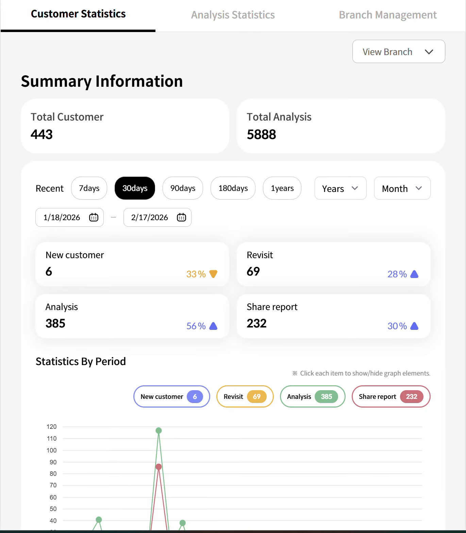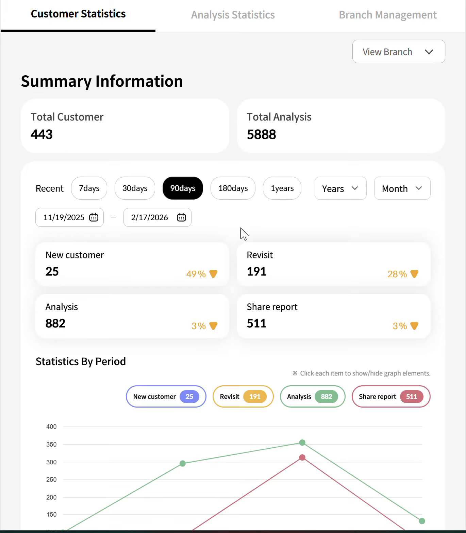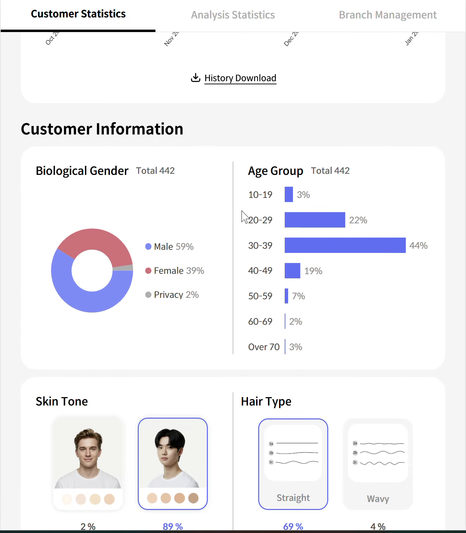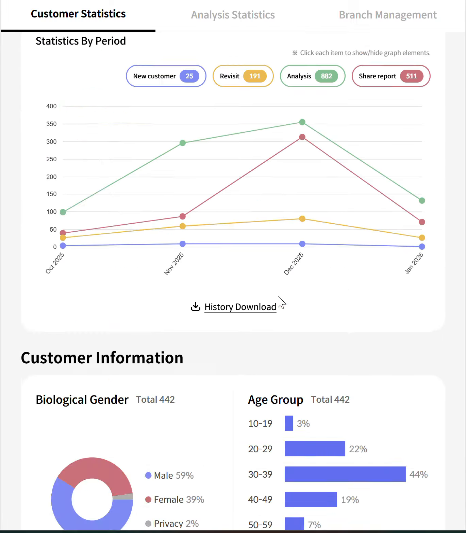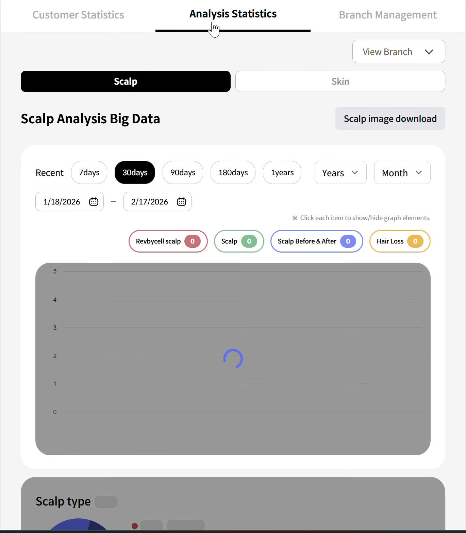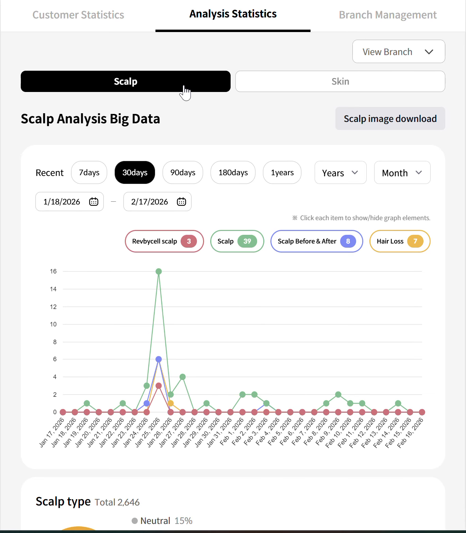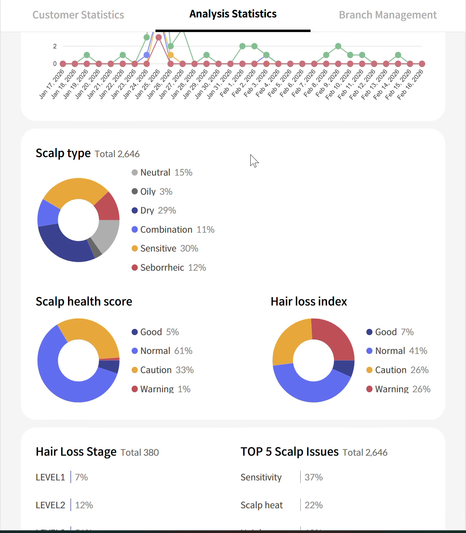We also provide the company dashboards. So to understand comprehensively your own audience. So based on the different date duration, you could track the new customer rate, the revisit rates, the gender ratio, the age group distribution, the skin tone, and the hair type. Once you click this analysis statistic based on the scalp filter, you could clearly understand what your main scalp type